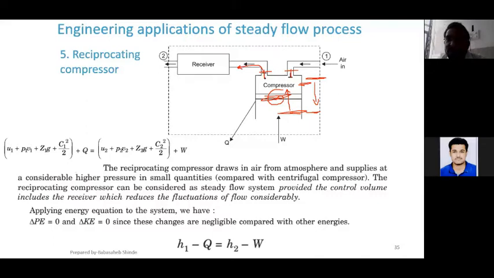So during this process, the velocity of air at this position, this is our inlet, and velocity of air at this position, this is our outlet. If I take this one as V1, as this is inlet, and if I take this one as V2, that is outlet, the difference between those two is very small. And as this difference is very small, we simply neglect the change in kinetic energy. There is change in kinetic energy, but that difference is very small. That's why we neglect that one.